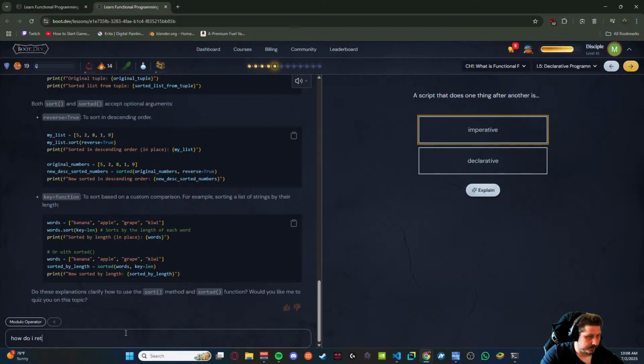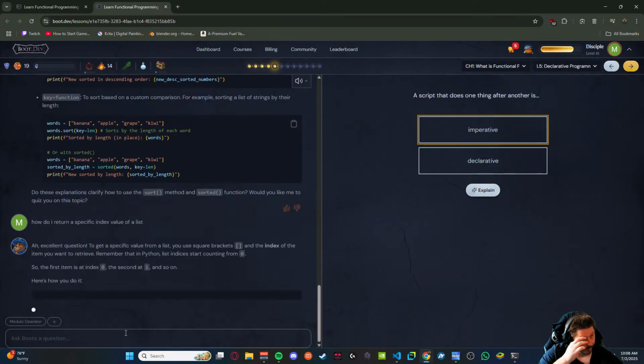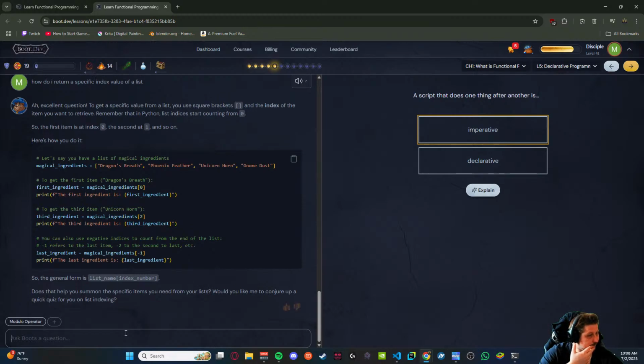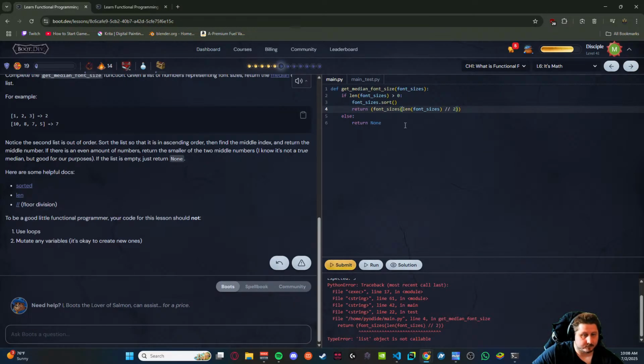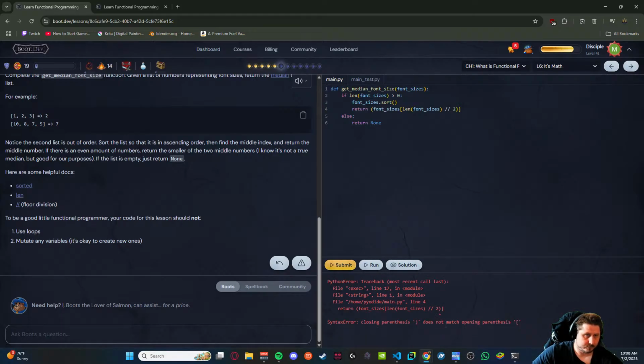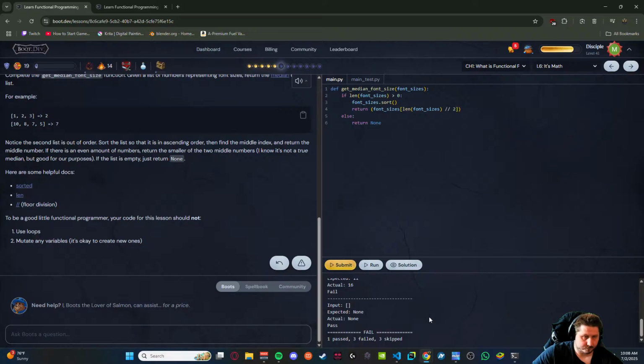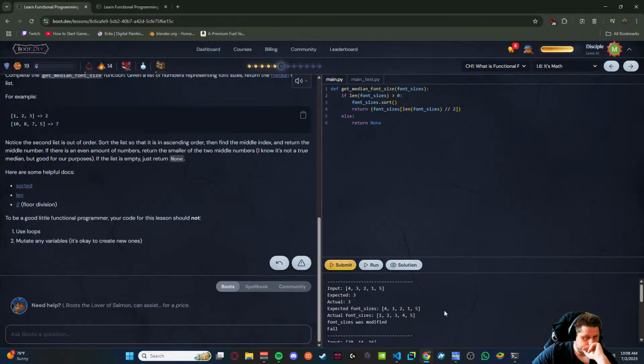How do I return a specific index value of a list? Oh. Font size is modified.